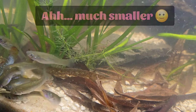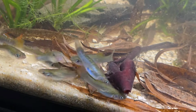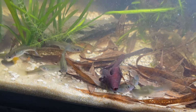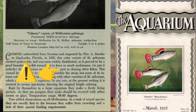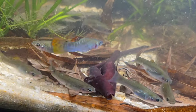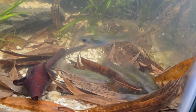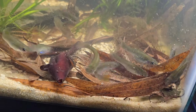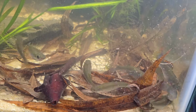And even back in the 1920s and 30s, it was noted by ichthyologists and in the book by William T. Innes, which was for home aquarium keepers, a whole almanac of different fish that were in the hobby in the 1930s. It noted that these fish were unstoppable, the males, that they are going to court the females 24/7, and that you should have at least 2 or 3 females for every male, and that the males will also spar with each other if it's a 1-to-1 ratio. So make sure you have a good ratio of females, 2, 3, maybe even 4 females for every male,